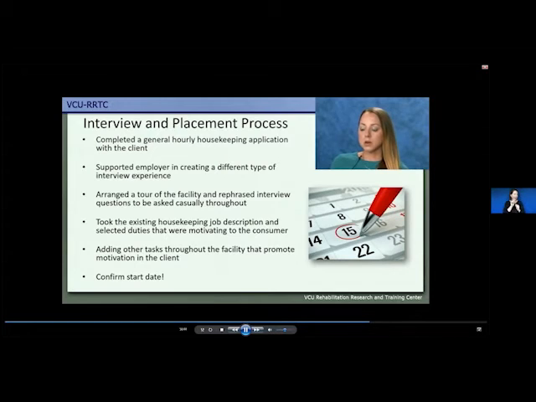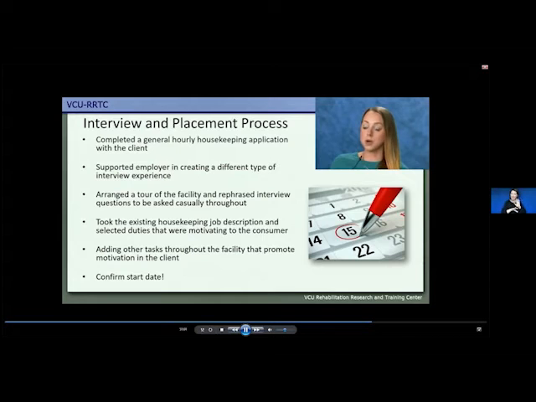But we also saw that there was a need in the housekeeping, and often that there was a high turnover. So having an employee that would be reliable and long-term was a win-win for both of us, because my client is seeking long-term employment that's fulfilling and gives him that daily purpose, and they were seeking an employee that would